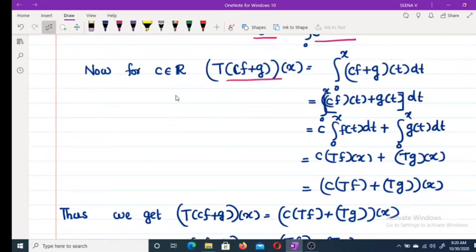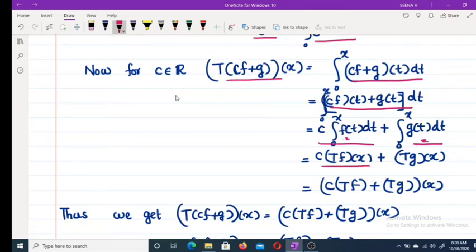Now what is T of Cf plus g of x? This is equal to integral 0 to x, you replace f by Cf plus g of t. And now you apply the definition of sum. We get this one and then expand the integral. Then we get this one, but this is Tf of x and this is Tg of x, therefore